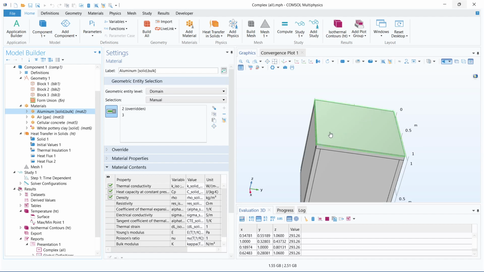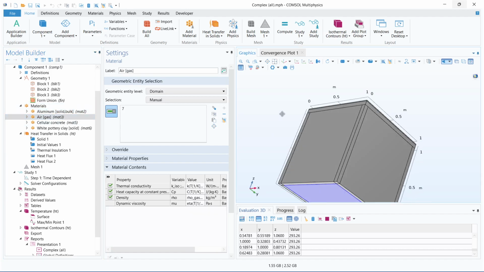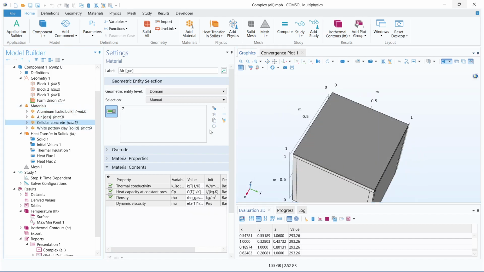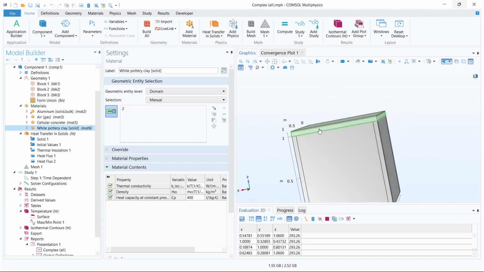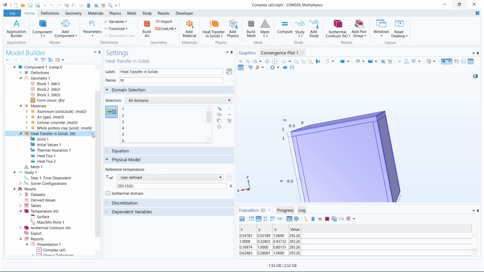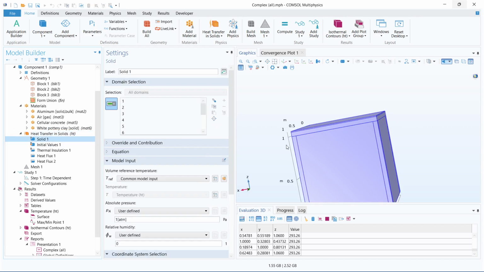We have aluminium as the layer of our cool roof. We have air, which fills up our room, as we can see. We have cellular concrete in our walls, you can see here, and we have white pottery clay in this middle layer. After that, we use the heat transfer in solids physics, in which we have taken our whole solid